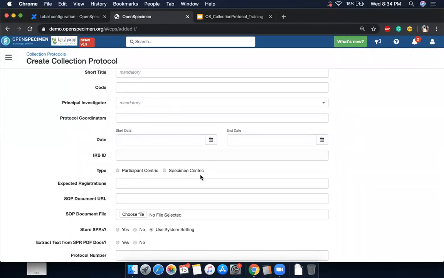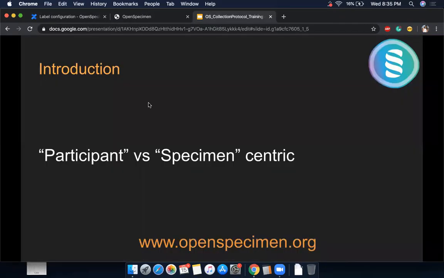Whereas if you're not bothered about patient data and you're just collecting specimen-related data, then you would create the protocol as a specimen-centric protocol. Examples are if you're just doing cell lines or bacterial isolates, where you're not bothered about the patient data, or maybe you have not got IRB approval to hold patient data, then you would go to a specimen-centric collection protocol. So that's the difference between these two.